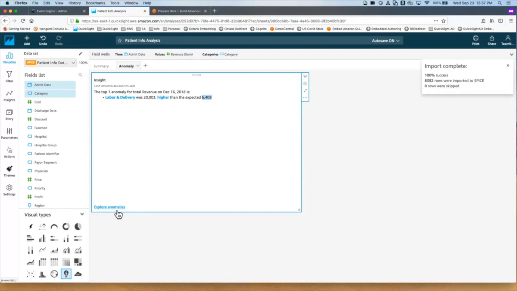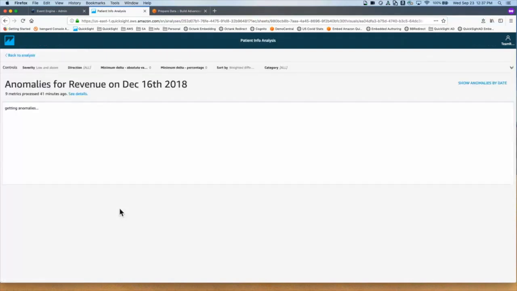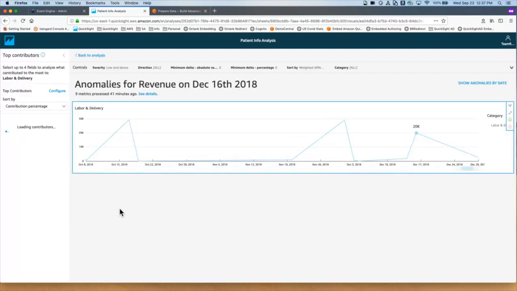So we have this option at the bottom, explore anomalies. We can get deeper into that by clicking this. So if I click explore anomalies there, this exploration panel opens up and it's showing me the trend for labor and delivery, and then it's saying this 20K is what it is tracking as an anomaly there. And then